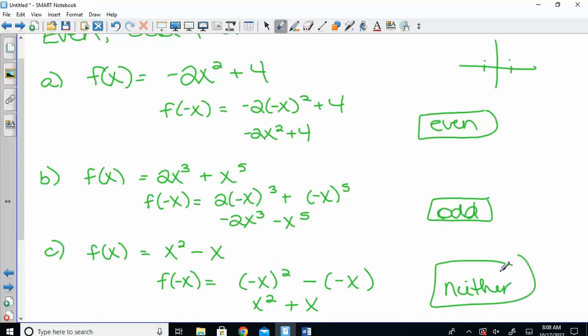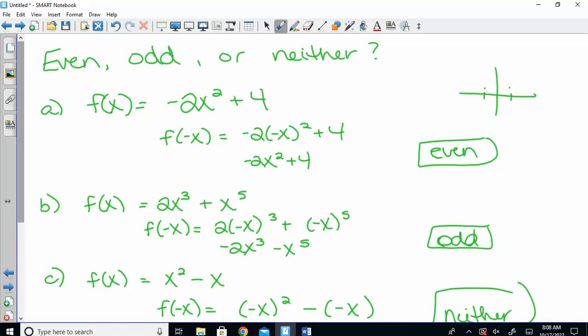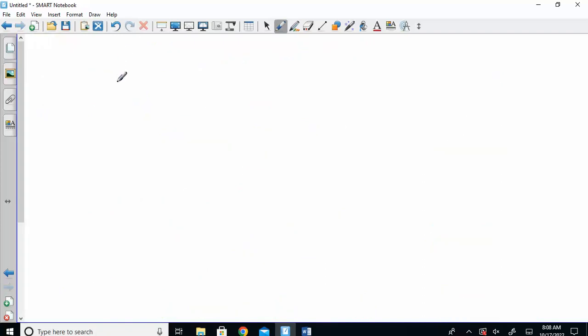What would be another way we could decide the even, odd, or neither? You could look at powers. If every power is even, it turned out to be even. If all of them are odd, it turns out to be odd. You could also graph it, couldn't you? And look at a graph and tell your symmetry from the graph. But there are some cases where I might give you something that's not a function, so we couldn't just graph it. So if I asked you to find the symmetry,